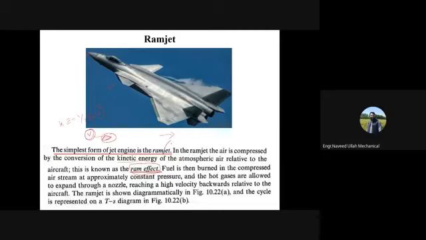but just having some diffuser type duct in order to compress that working fluid, and then combustion takes place. Fuel is then burned in the compressed air stream at approximately constant pressure, and the hot gases are allowed to expand through a nozzle, वही चीज है, reaching a high velocity backwards relative to the aircraft, ठीक है।